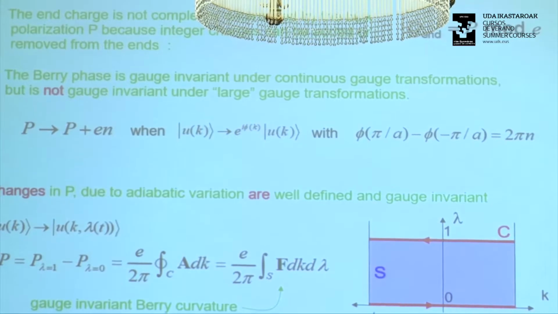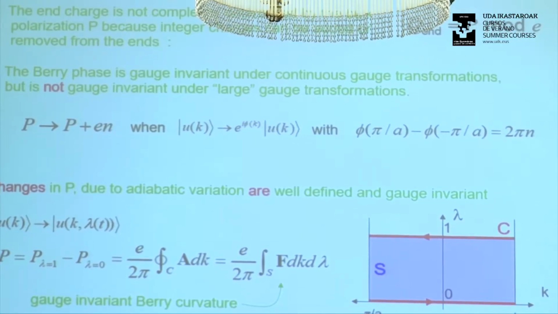So it's like I'm putting a vortex inside the circle so that the phase winds by 2 pi. Then if you do that gauge transformation, which is a perfectly good gauge transformation, then the polarization defined as a Berry phase changes by an integer multiple of E as well. Okay, and so these two ambiguities sort of go hand in hand with each other. So it should make us happy that both the physical polarization and the Berry phase share this intrinsic ambiguity. Okay, so it all makes sense.